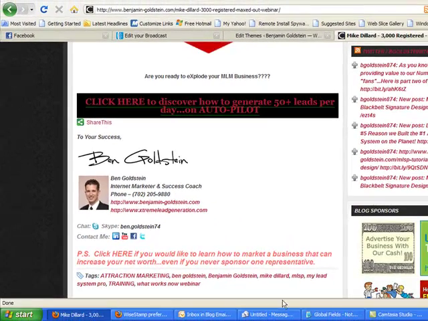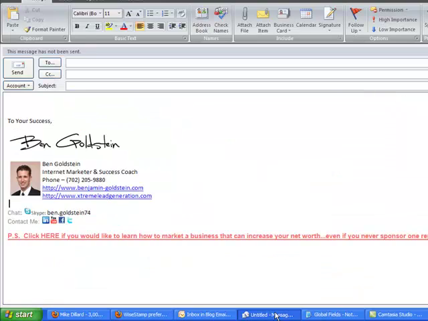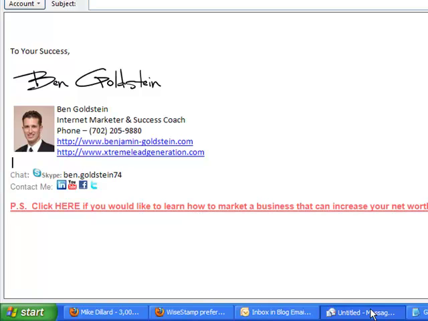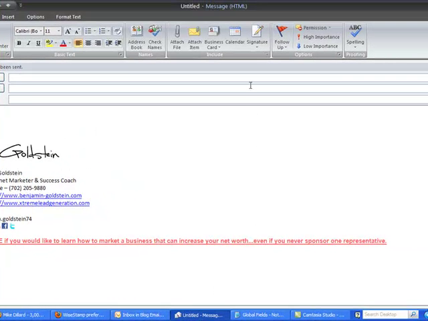Now finally, to enter this signature into your generic email client, and this does work for Gmail if you use Gmail. I happen to use Microsoft Outlook, so I'm going to show you how it works for Outlook. What you want to do is first come up to Signatures,